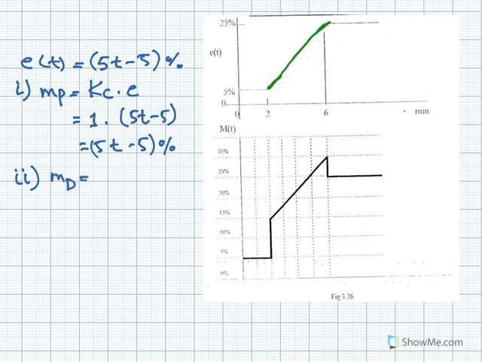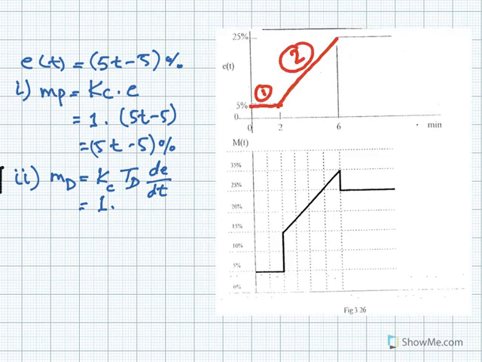Second is to find the MD, the output of the controller due to the derivative mode. MD equals Kc, the time of the derivative, multiplied by the dE over dt. The Kc is 1 multiplied by the derivative time. So here the gain is 1, TD from the question equals 2 minutes